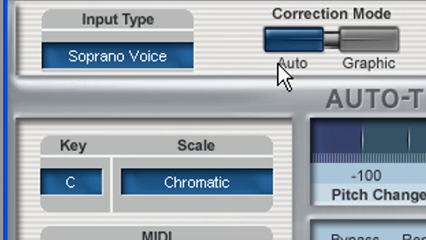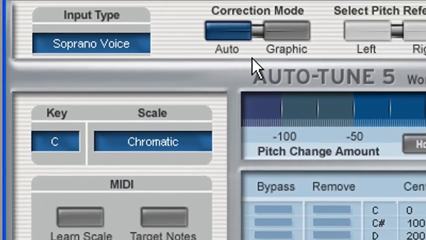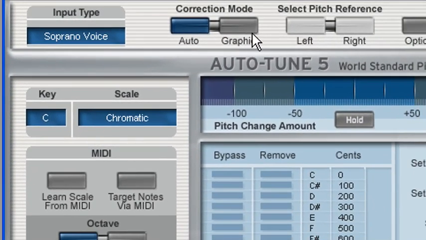Next are the correction mode selectors. Use these to enter either into auto or graphical modes. Automatic mode is the easy mode. It works by continuously tracking the pitch of an input sound, and then it compares it to a user-defined scale and makes its corrections as needed. This mode is best used when you want a quick pitch fix for your track, and it works well in most situations. Just select your input type,